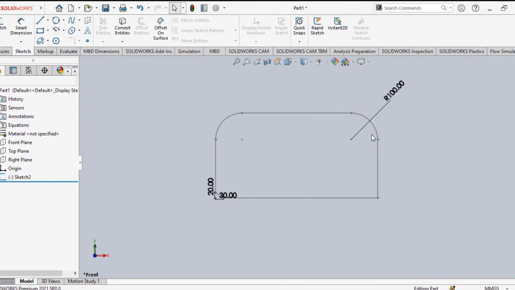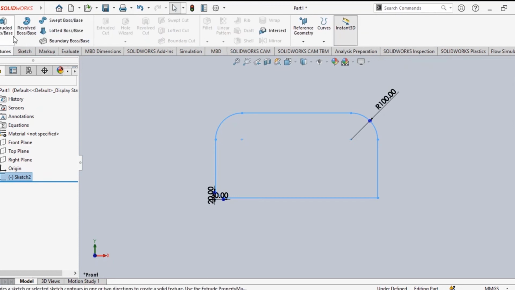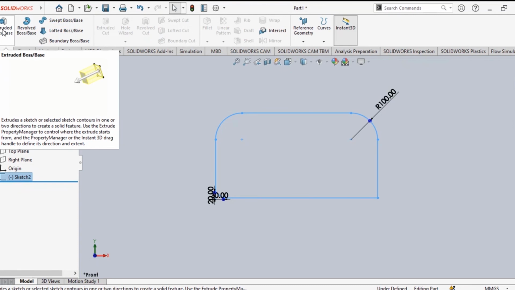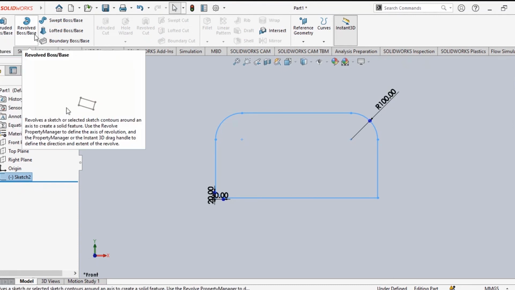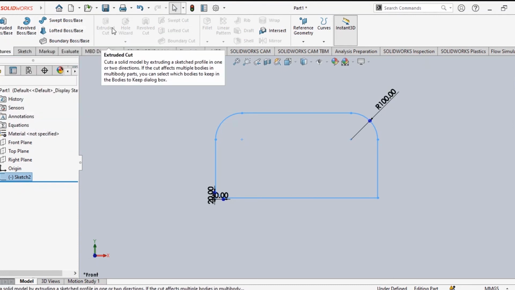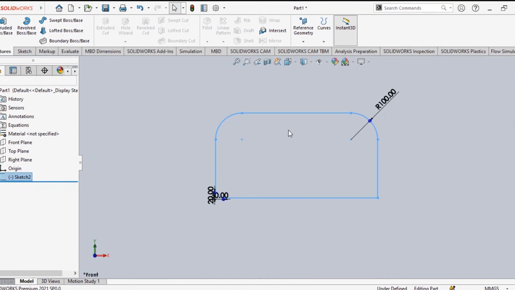Now the thing is you have to provide some kind of features. For providing features, what you have to do? First of all, you have to select that sketch. You can select the sketch from here also one by one, or directly you can select the object from left hand side sketch here. Object is selected. Next to that, you have to provide some features. Features is very important, and within features, 90% cases, you have to apply this one, extrude boss base. Others will be revolve boss base and also straight boss base. These are different things we will show one by one. Right? So you have to practice these things.